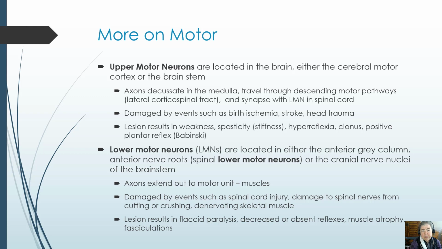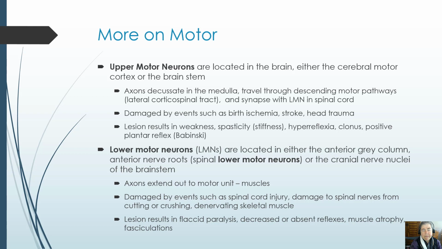When upper motor neurons are damaged, you get weakness because you have lack of input to the relevant muscles, but you get spasticity or stiffness, hyperreflexia, so very brisk overactive reflexes, something called clonus, which is a rhythmic jerking when a reflex is checked, and a positive plantar reflex or Babinski sign, and that's obviously if it is damage to upper motor neurons that innervate